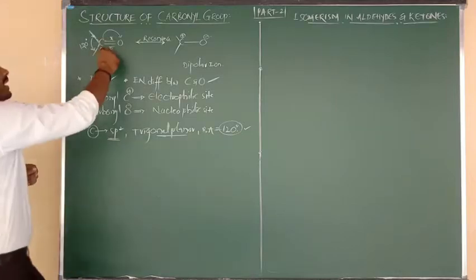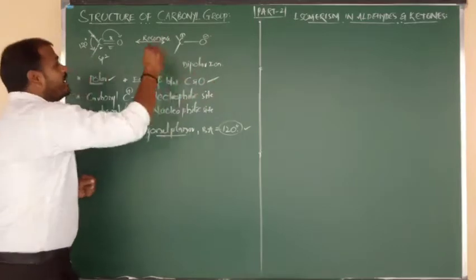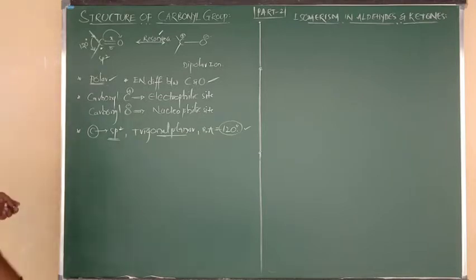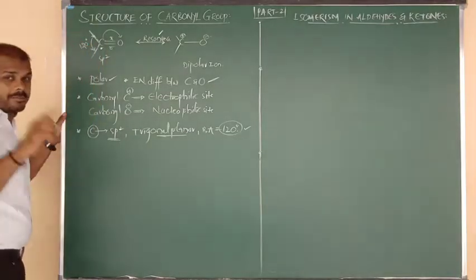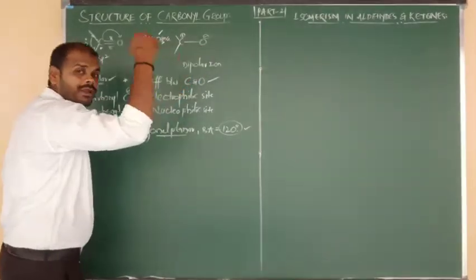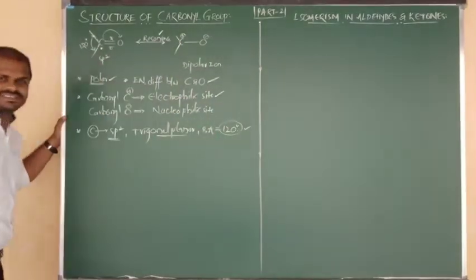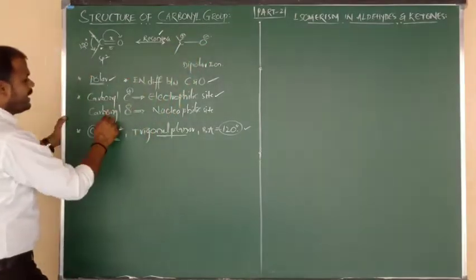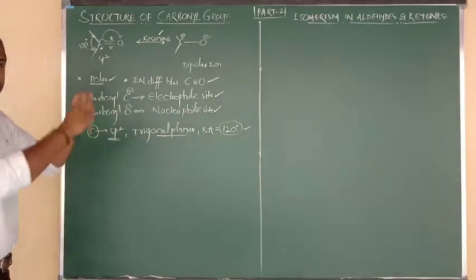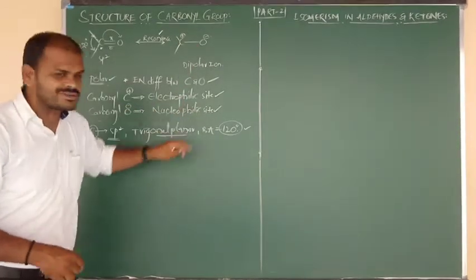After delocalization of the pi bond, here I am going to show you another structure, which is the dipolar structure. Both are resonance structures. Next, in carbonyl compounds, try to remember two points. This is called the carbonyl carbon and this is called the carbonyl oxygen. The carbonyl carbon carries a positive charge, so we can say it is the electrophilic site. The carbonyl oxygen carries a negative charge, so it is the nucleophilic site. So in carbonyl compounds, carbon is the electrophilic center and oxygen acts as the nucleophilic center.